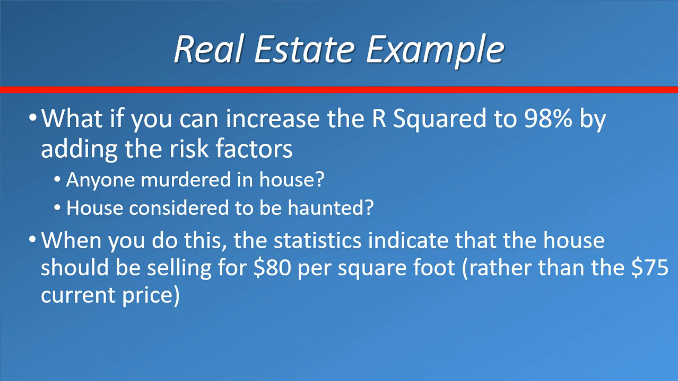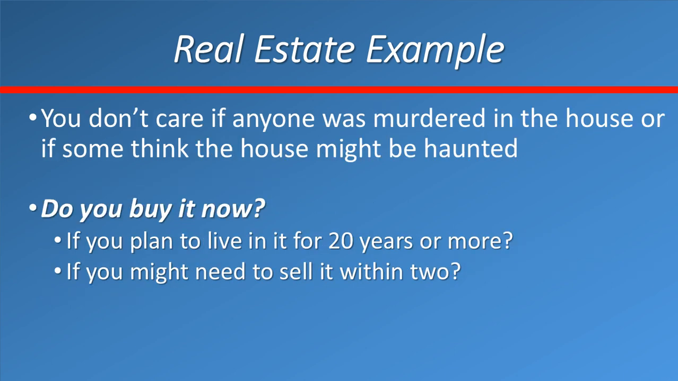So what if we can increase the R-squared to 98% by adding 2 more factors? Did anything horrible happen in this house, such as someone got murdered, or there's just something very uncomfortable about the house that's causing it to be cheaper? When we adjust for these last 2 factors, we discovered that the house should be selling for $80 per square foot. So obviously something horrible happened in this house, and that's the reason why it's going for $75 per square foot versus $150 all the other factors indicated. Now, if you don't care if anyone's murdered in the house or if there's anything else that might have happened in the house,